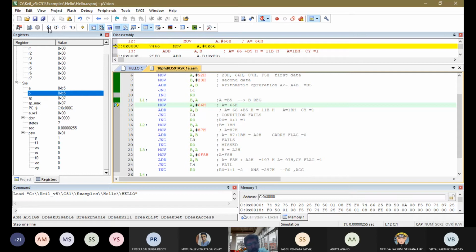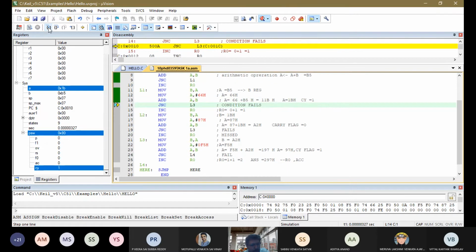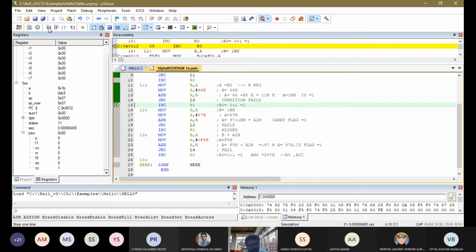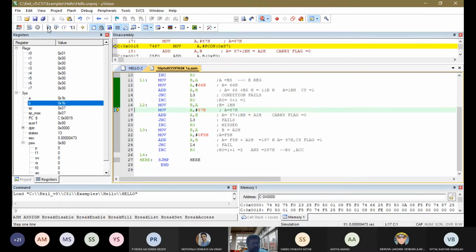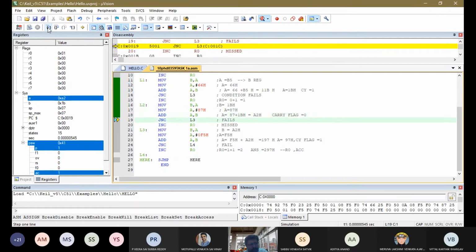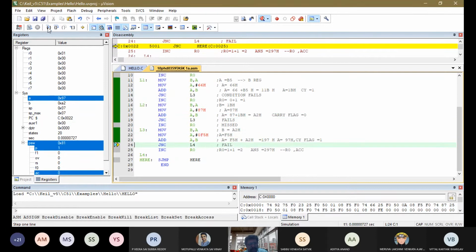Sorry, the accumulator content has been copied into the B register. Next, data 66 has been loaded into the accumulator. Now it is performing the addition operation, 1B. In this condition, the carry flag is affected. Therefore, it excludes this operation. This increment of R0 operation is executed, and you can see that the R0 value has been modified. Okay, so next operation. Always perform line by line, then you will understand what I explained, how it is performed in this system. Okay, so like this, it will be going on.